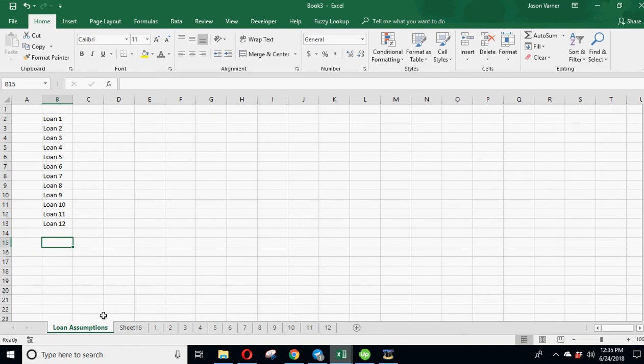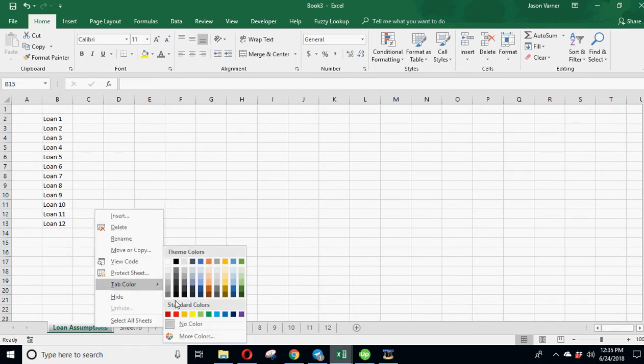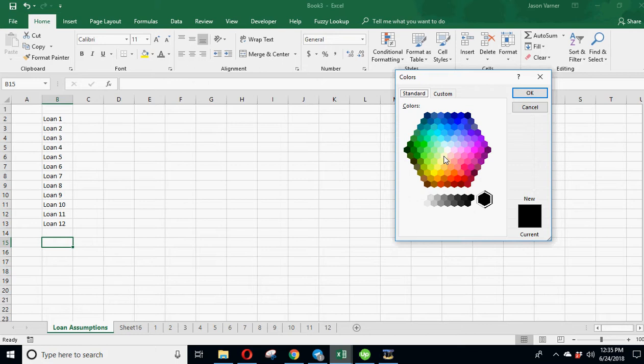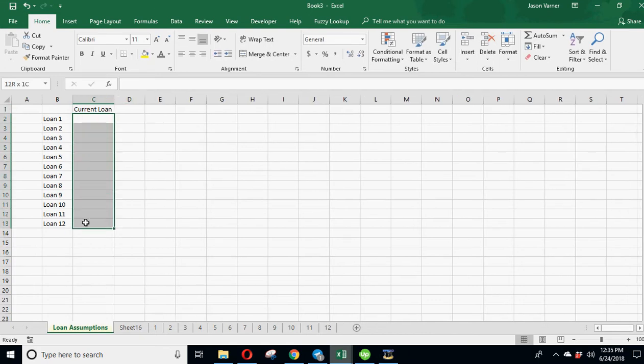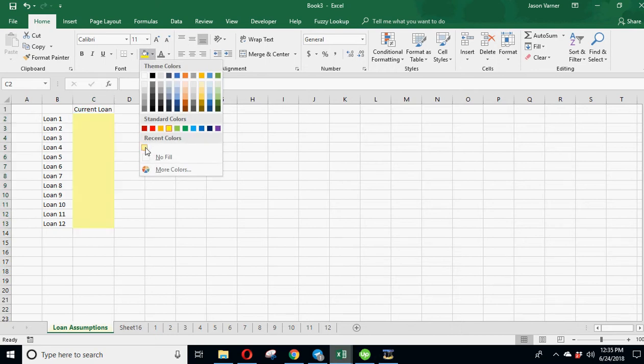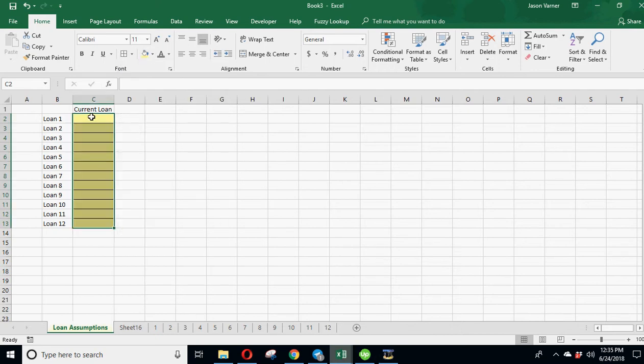And I'm trying to think. See, this is already going to be getting complicated because the question is, do we also need to show this happening over time? Because what we're going to assume is your current loan amount. So it doesn't matter what it was originally. What's the current amount as of today? So you put in the current loan amount due before your next payment's due. You enter that there, so we'll just enter some arbitrary numbers. We'll say you've got a 20,000, a 5,000,